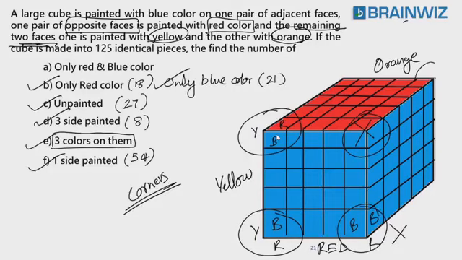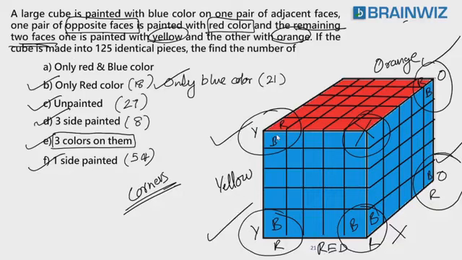Now this corner definitely. Back side is orange, top side is red, left side is blue, accepted, that's it. Again, let's go to this corner. Bottom is red, here is blue, here is orange, accepted. This one, will you accept this corner piece? Yes, you can accept this corner piece also.